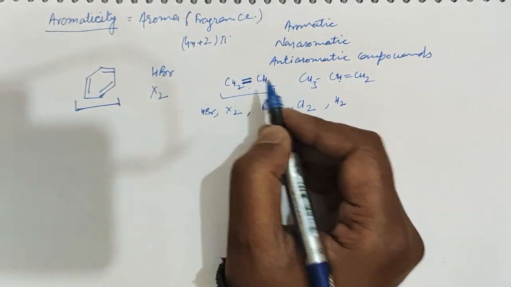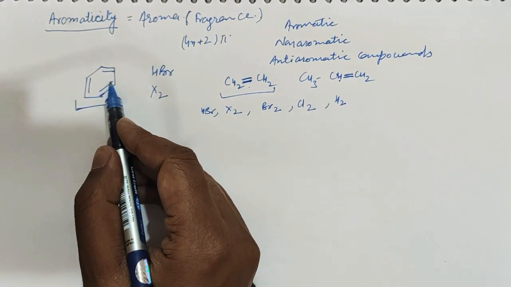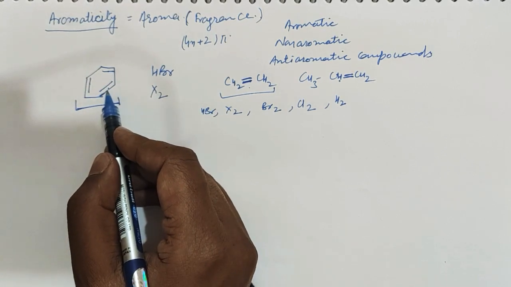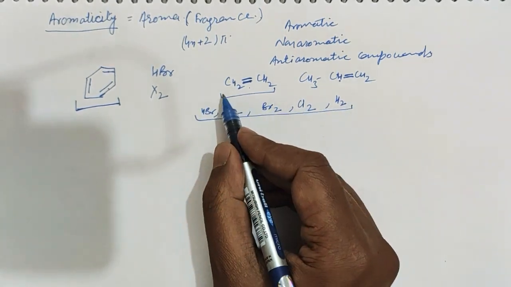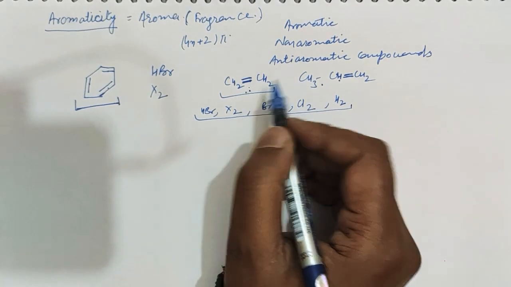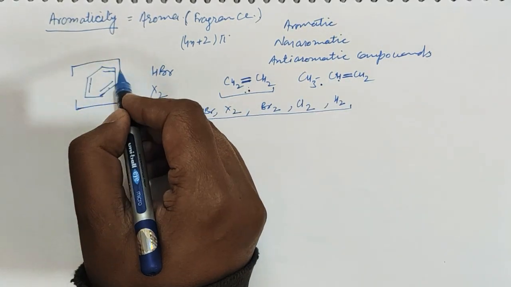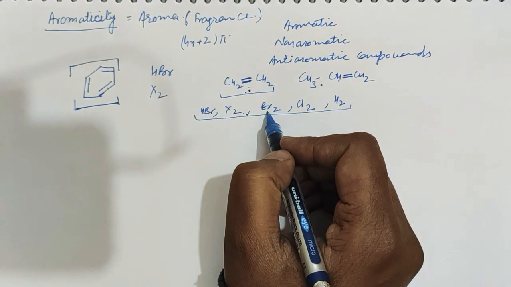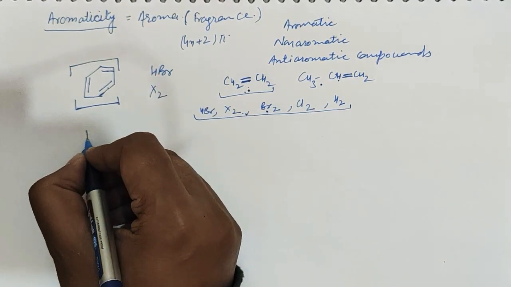Unsaturation means there is scope for the addition of other substrates. Benzene also has an alkene structure, that is, there are three double bonds, so basically benzene is an alkene, but it does not undergo these reactions as shown by other alkenes like ethylene. So benzene is quite different. The first factor I told you is that it is comparatively resistant to addition reactions. The next point is high resonance energy.